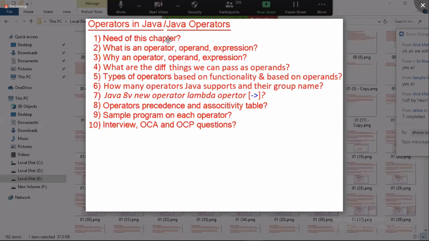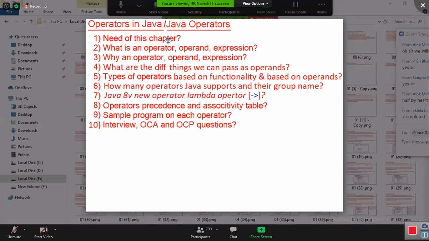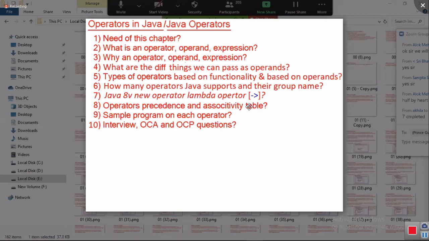Okay, right. So I hope you understand all the points we discussed in today's class. Please practice all this. Operators, precedence and associativity table we have to prepare. And this table we can prepare only if you are strong in all 40 operators, if you remember. Okay, right. So double colon is not an operator, it is a separator.